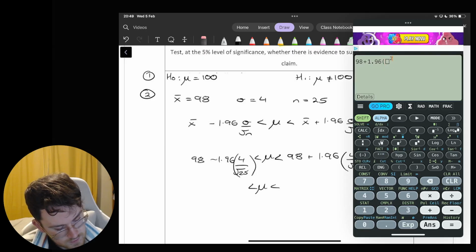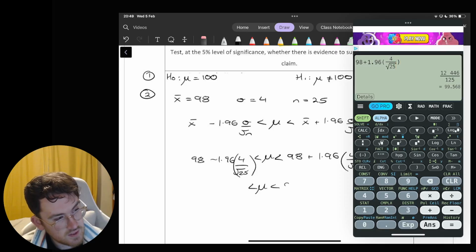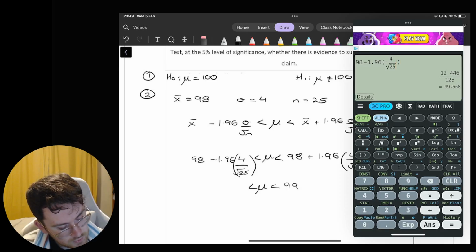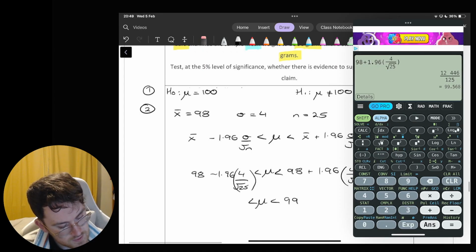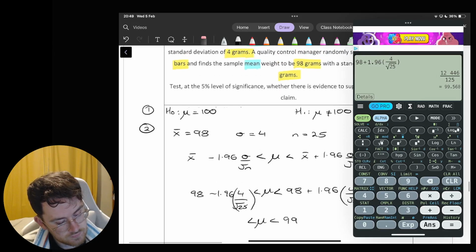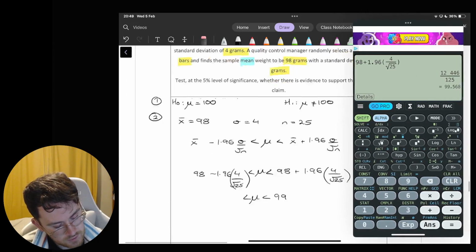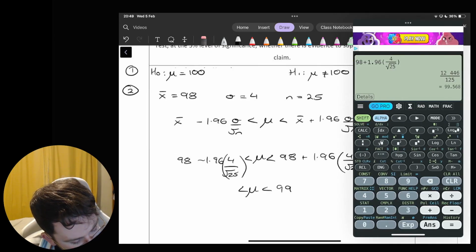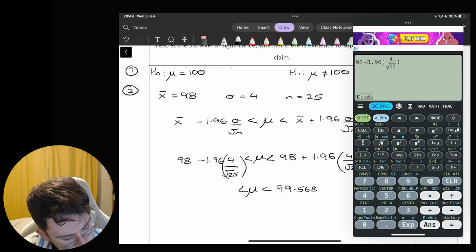Trying to get rid of my square here. There we go. 4 over root 25 is 99 point. Let me see now, have I filled in something incorrectly here? Yeah, 25 bars. Okay, so that's going to give me 99.568, and on the other side we'll subtract that and get